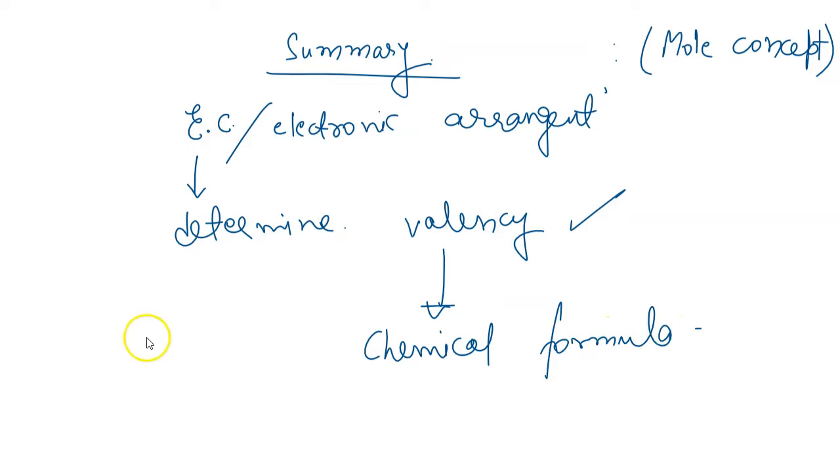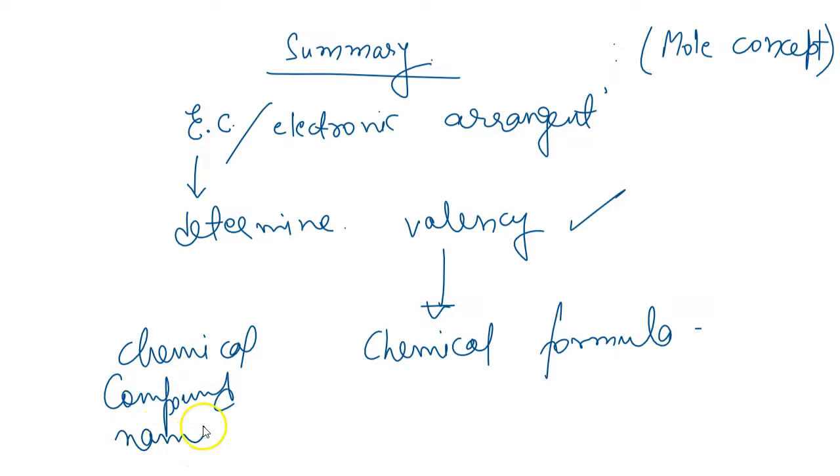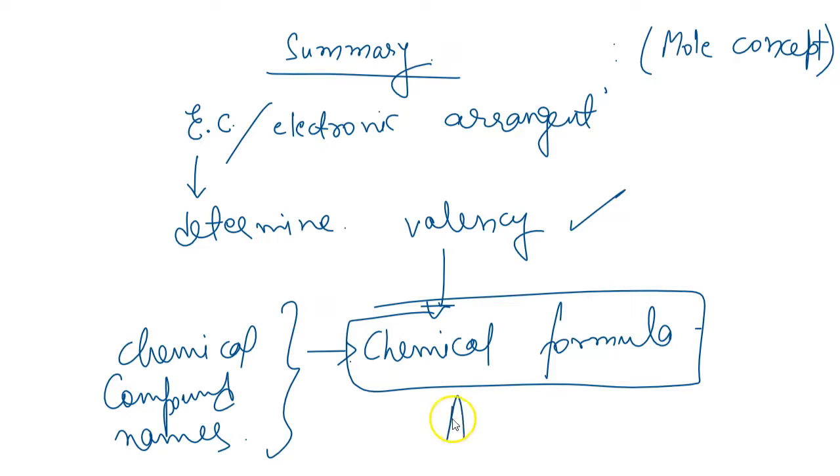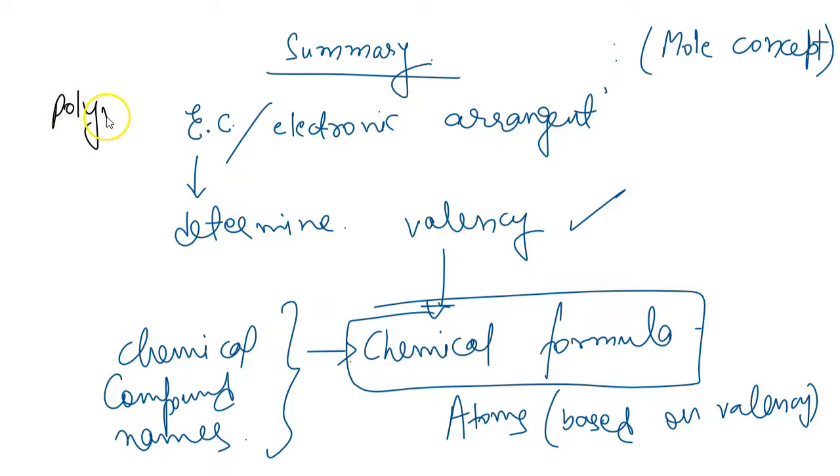We already knew the names, though those were easy. But writing the exact chemical formula which contained the exact number of atoms based on their valencies was the key. We also went through certain polyatomic ions. I have given the list of polyatomic ions. You are required to go through it again and again. I've written it down. So remember all the complete polyatomic ions, the complete list we have described above. So yes, in the next class, let us continue with the mole concept.